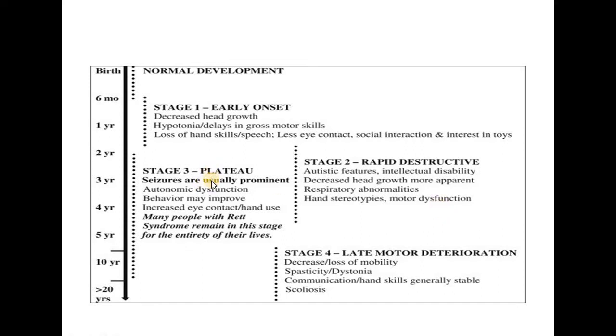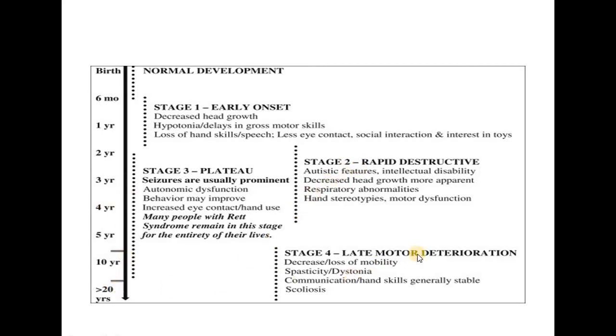And in the third stage, the plateau, the seizures are usually prominent, with autonomic dysfunctions, behavior may improve, and there is increased eye contact and hand use. Many people with Rett syndrome remain in this stage for the entirety of their lives. This is stage 3, and in stage 4,